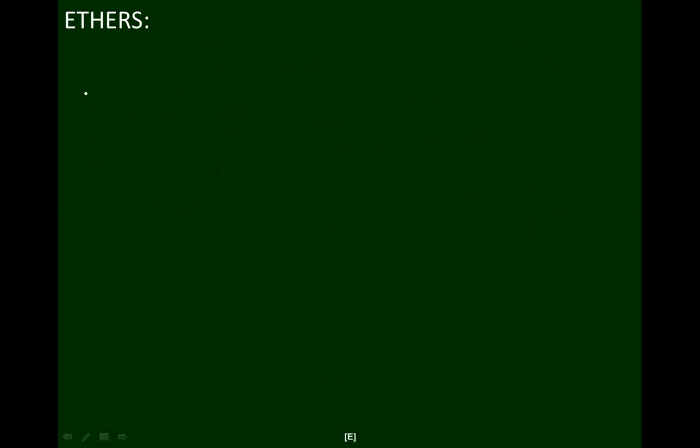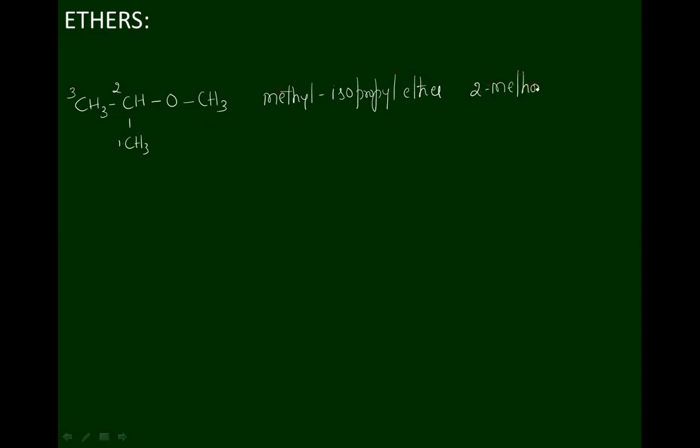Over. Okay. Now next, CH3CH(CH3)OCH3. This is an isopropyl group and this is a methyl group, therefore the common name is methyl isopropyl ether. Numbering 1, 2, 3, the second carbon atom is bonded to the methoxy group, therefore 2-methoxypropane. 2-methoxypropane.